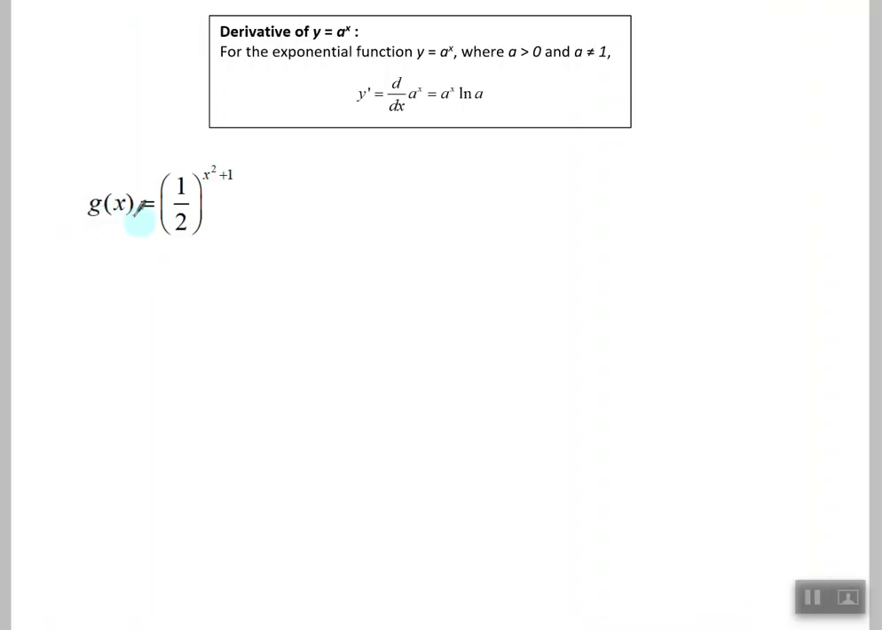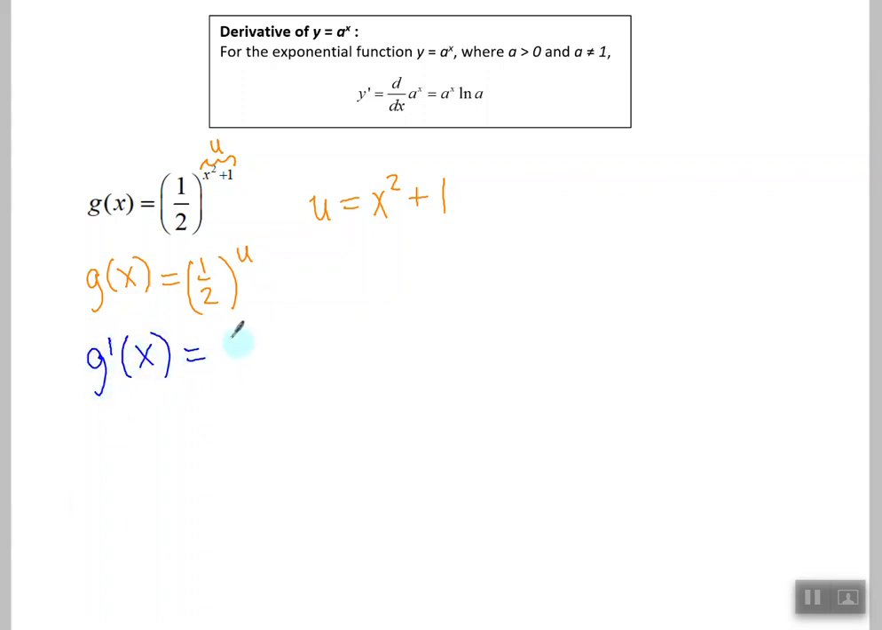Let's find the derivative of g of x, which equals 1/2 to the x squared plus 1. Now, this is a composite function where this is the inside, my u. U is x squared plus 1. So I can rewrite g of x as 1/2 to the u and use my chain rule. Using the chain rule, the derivative g prime of x, is